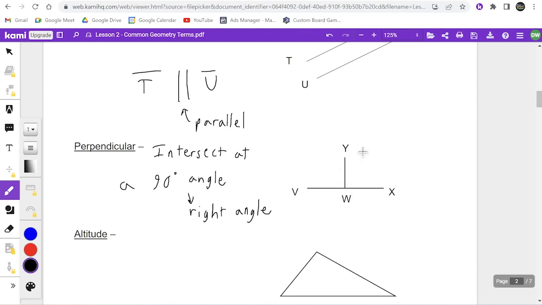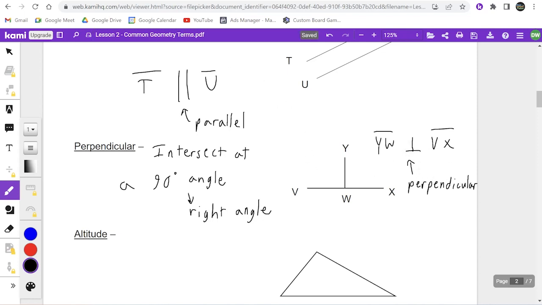So what you would say in this case, you would say line segment YW is perpendicular to line segment VX. Yes, that is literally the symbol for perpendicular. It looks exactly the same as what we have right here. Now, the one thing I do want to say, I'll give you a second to write this down,